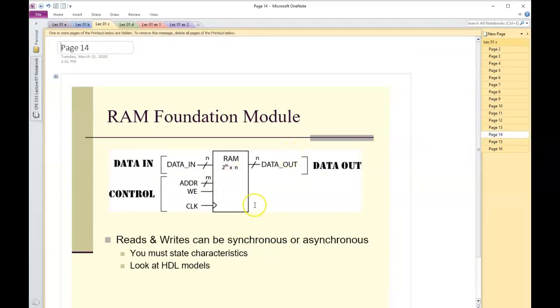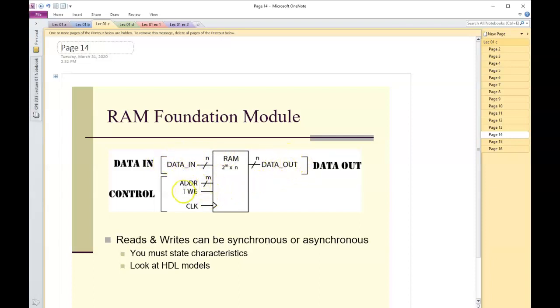So we are going to be working with RAM in this class, and this is RAM, random access memory. This is my foundation module for RAM. So we can go through it. It has data coming in, data coming out,